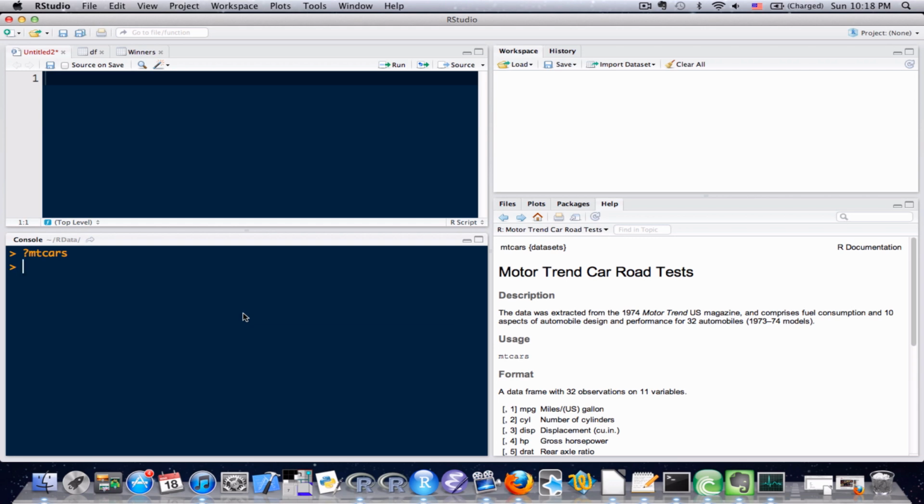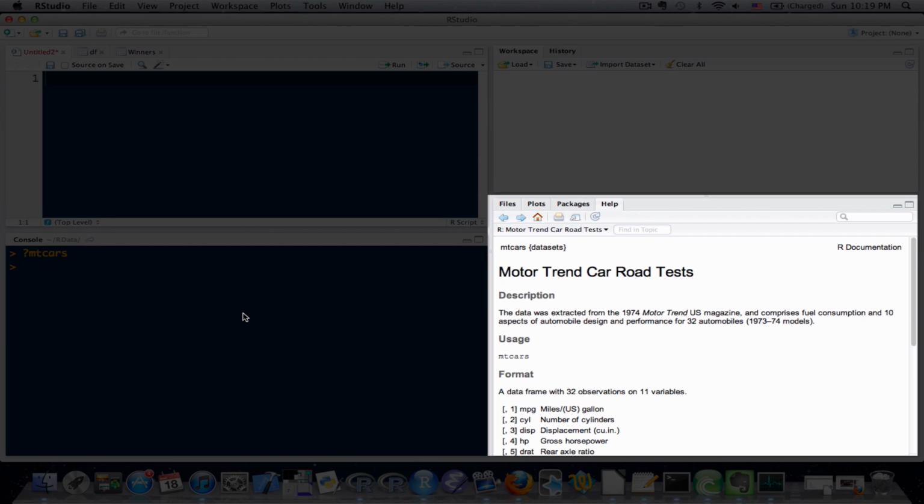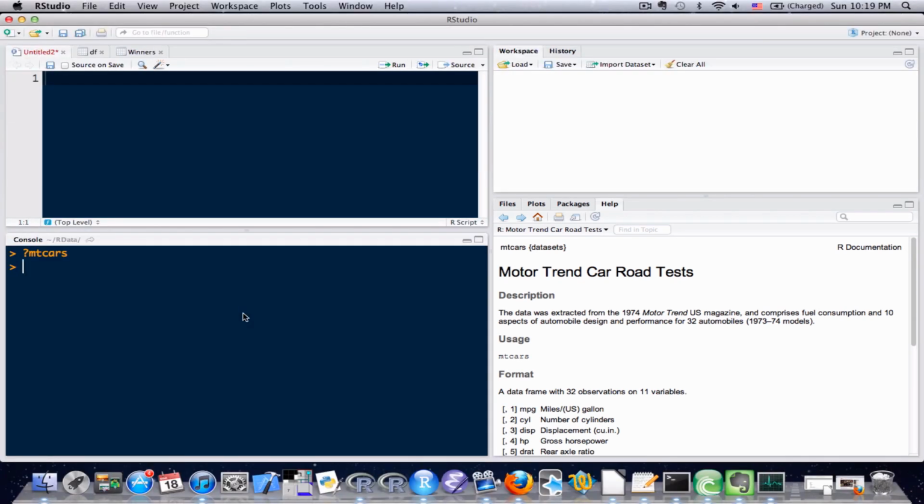And on the lower right hand side we can see the R documentation pop up. I won't dive too much into what this is. You can read that on your own if you want to. But really what I want to show you is that there's this data set called mtcars. It's already loaded in R. And the short answer on why it exists is